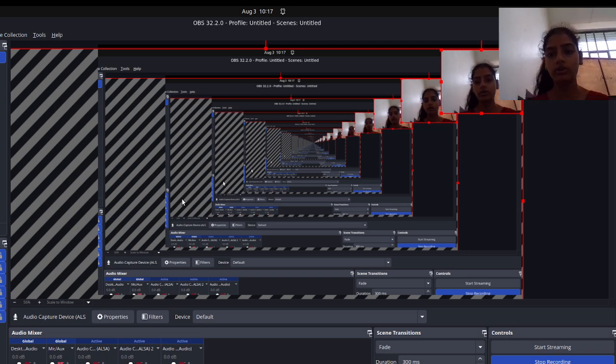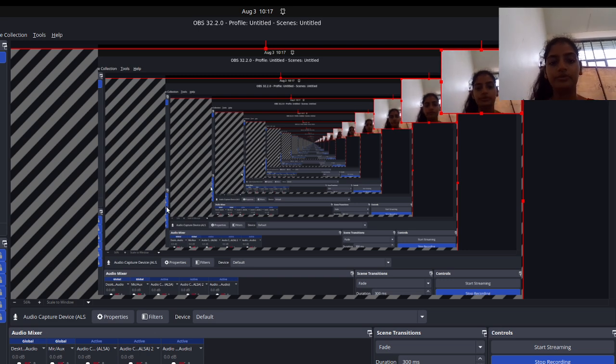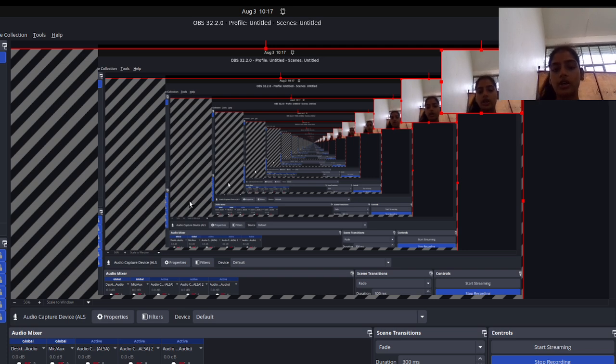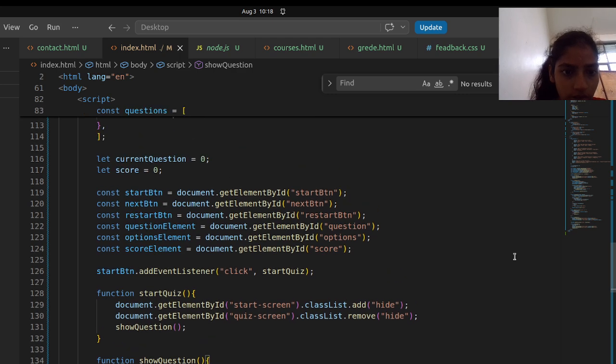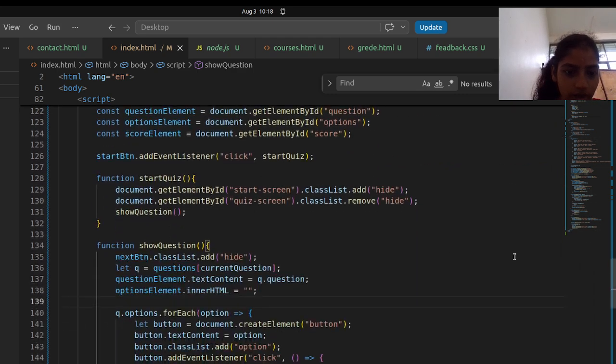So my second question: how do I use an if else statement to check if an answer is correct? Here I used an if else statement to check the answer to the question.